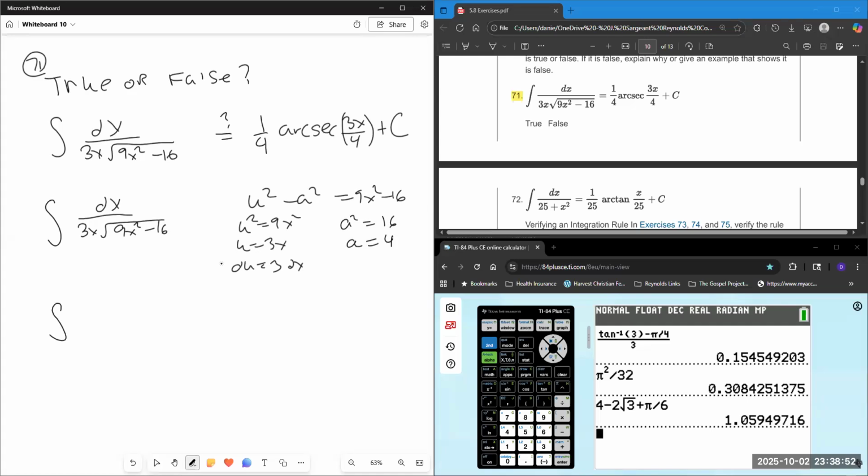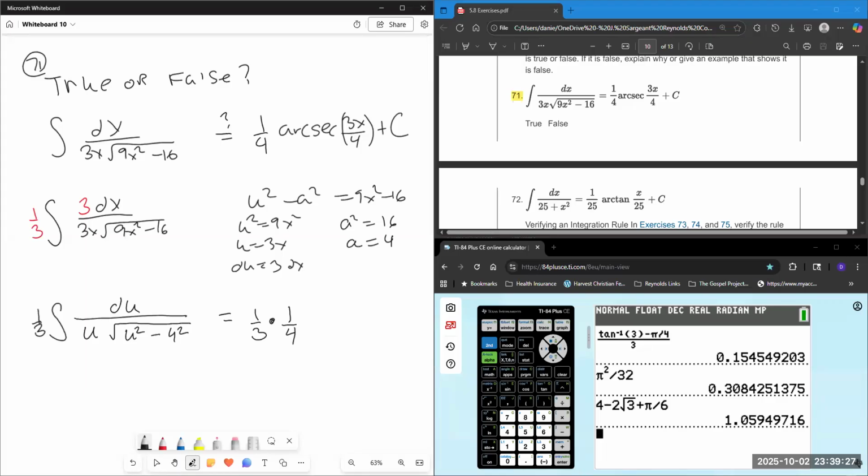I need a 3 dx in the numerator. That gives me a 1/3 on the outside. So 1/3. This is u, and this is root u squared minus 4 squared, and this is du. So that will be 1/3 times